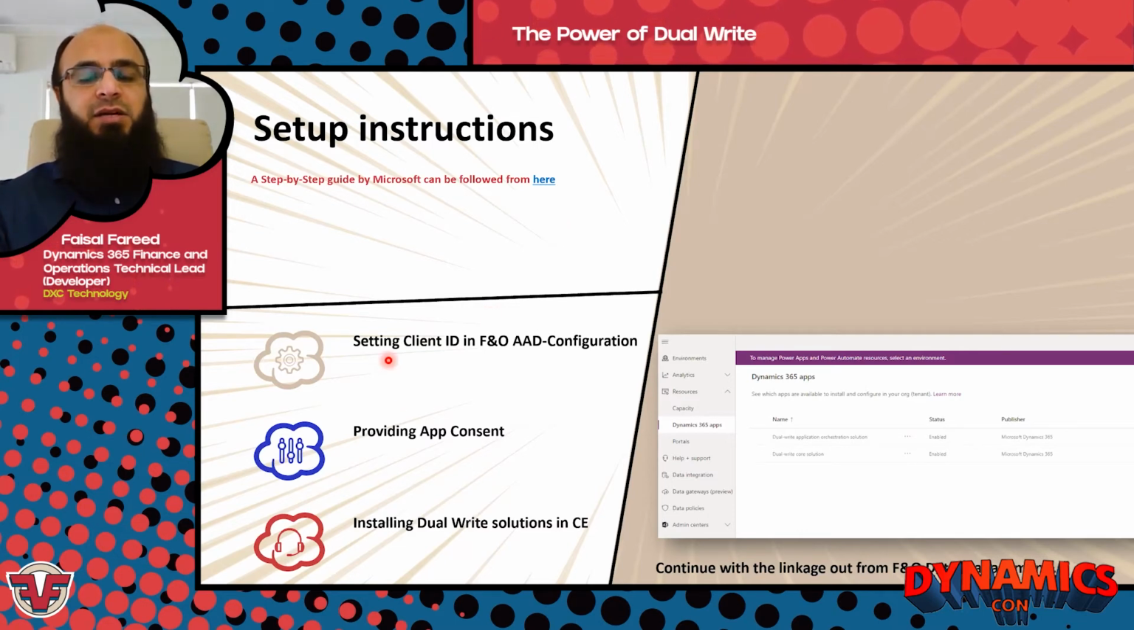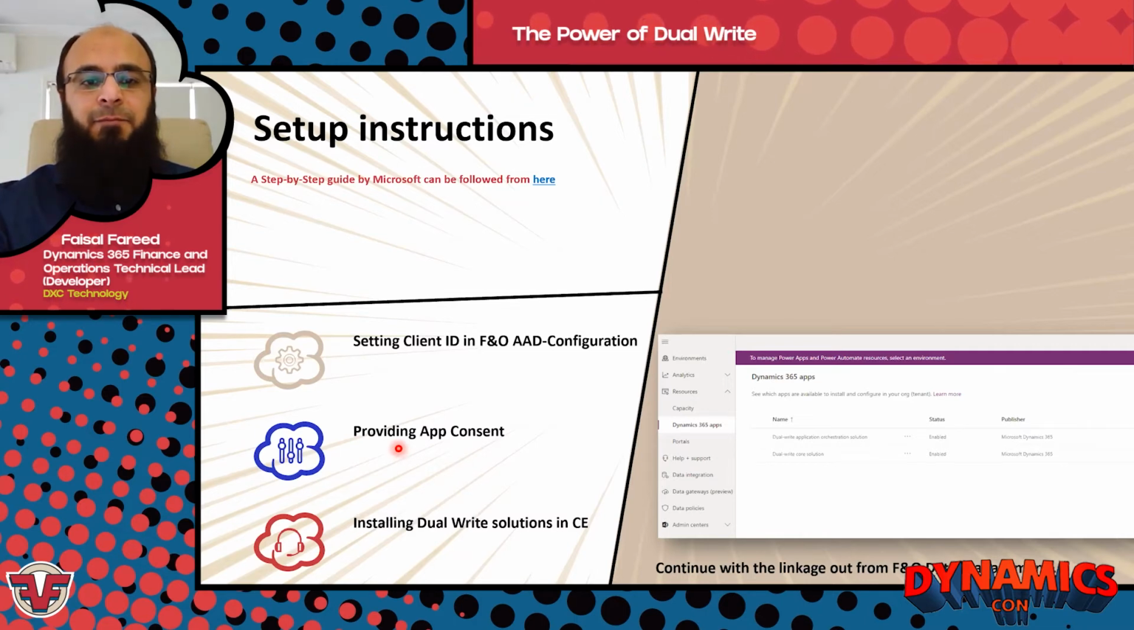Then a couple of highlighted points here. There are a few steps more involved, which are described in more detail in this block, but a couple of highlighted points. You have to add application IDs in both parts of the instances, finance and operations and CDS. You have to consent the LCS app here, and then you have to install the dual write core solutions and